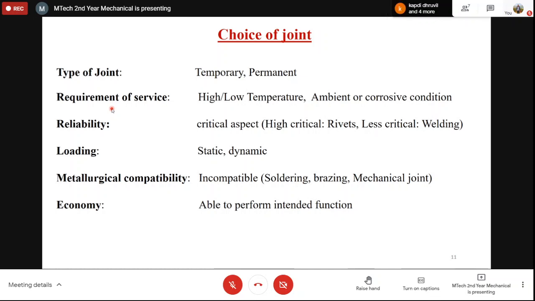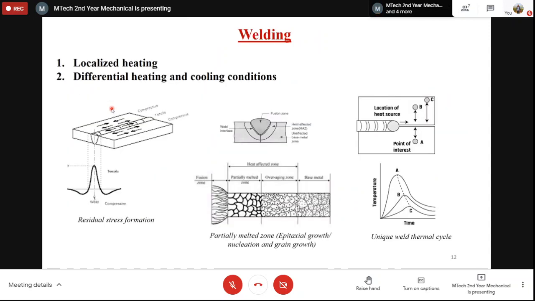Whether the technique for the joint which we want to have is available with us or not, or whether we are putting too much energy and cost into making the joint. Whatever the requirement is, based on that we will search for the most economical process to make the joint. So these are some of the things which we have to look through before making a joining process.